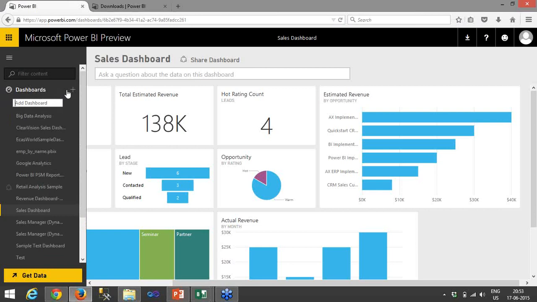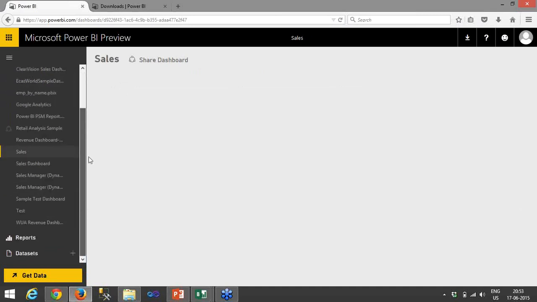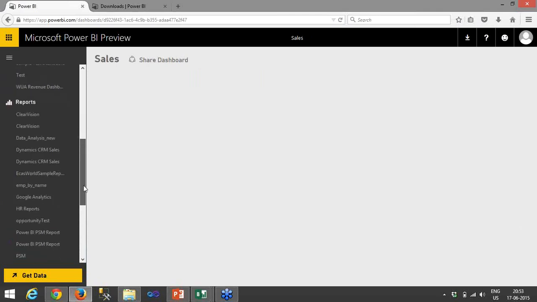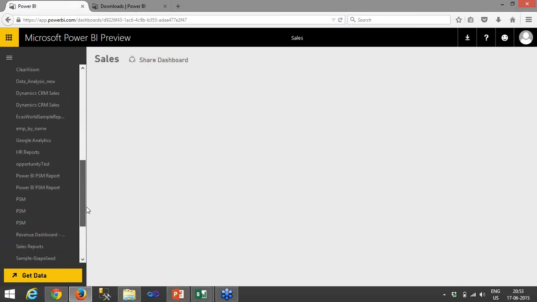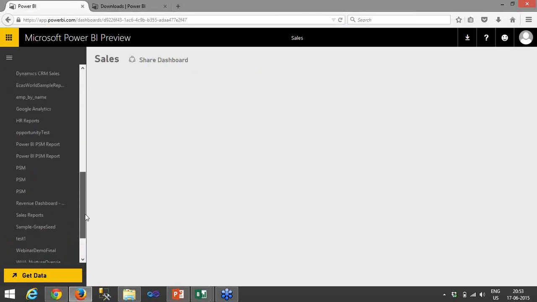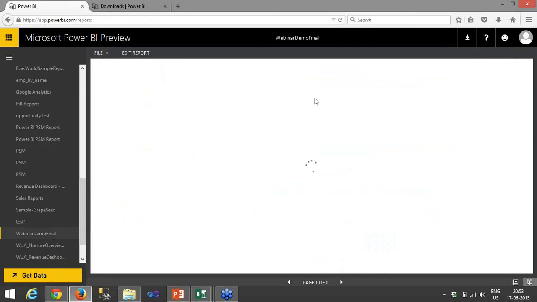So what I'll do is I'll create a new dashboard. I'll give it the name sales. So this is my new dashboard, which is right now empty. Now I'll pin my important information in the form of tiles on the dashboard. Okay, so this is my file.